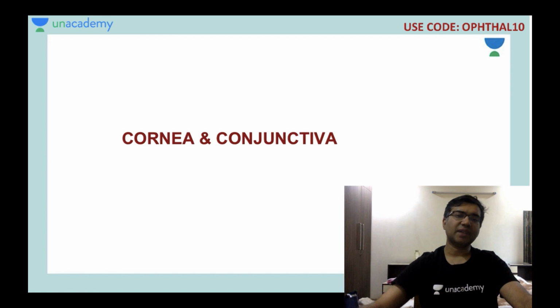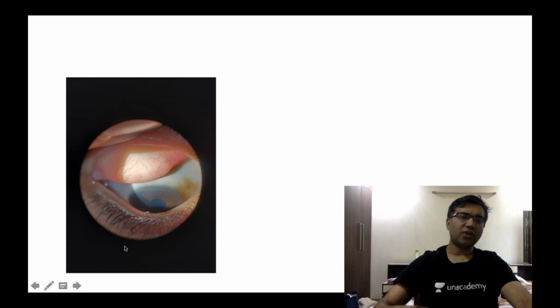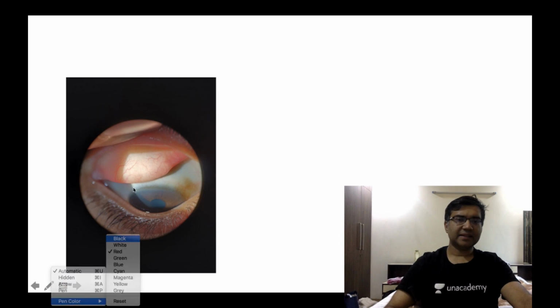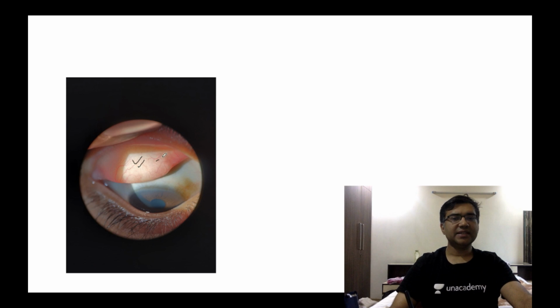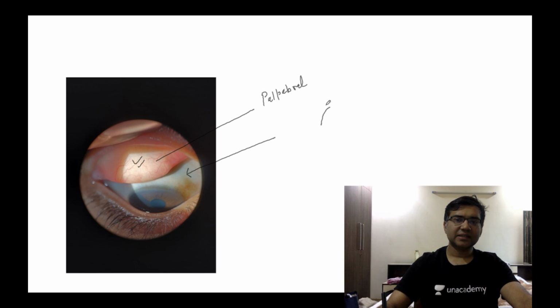With this, I would be starting my session, that is the image-based questions in the cornea and the conjunctiva. So first of all, I would be showing you a picture of the eyeball. In this picture, if you can see this area, this is basically called the palpebral conjunctiva, and this whitish area, this is sclera. So if this is my sclera, it is covered by my conjunctiva. Remember, a sclera is covered by the conjunctiva, but